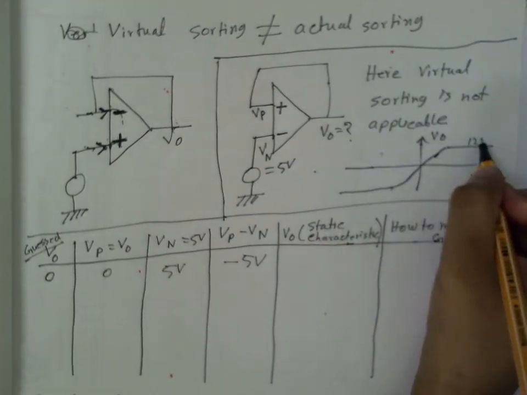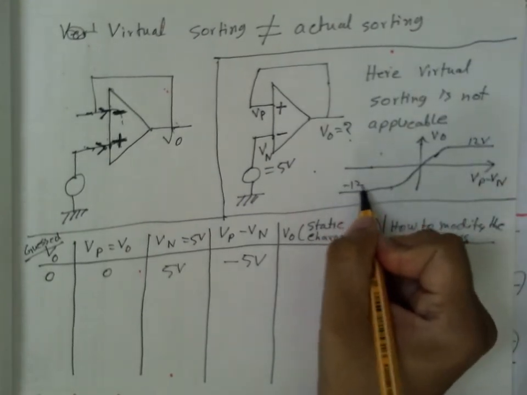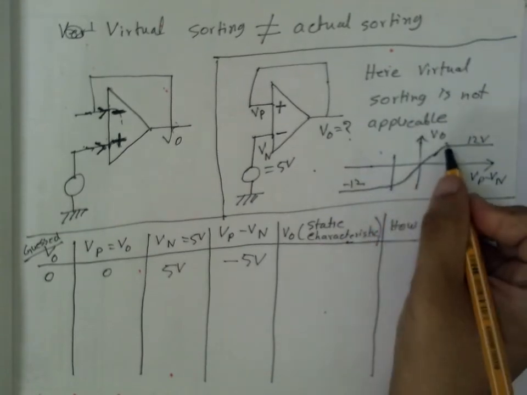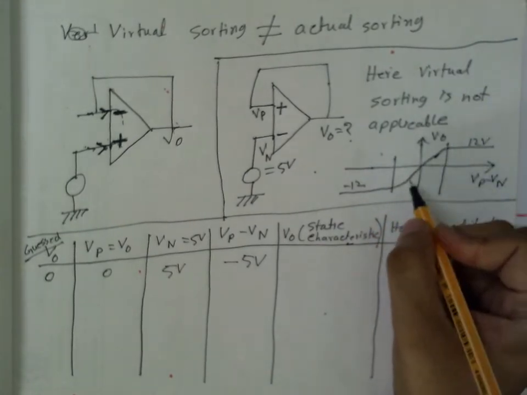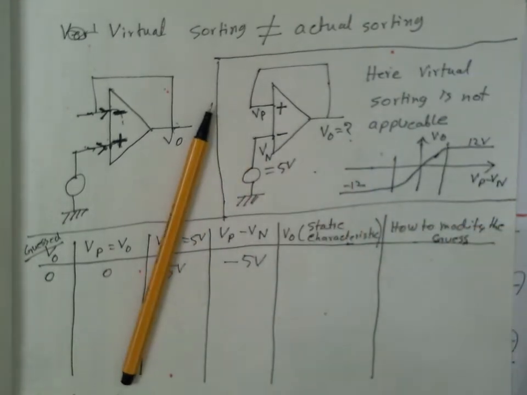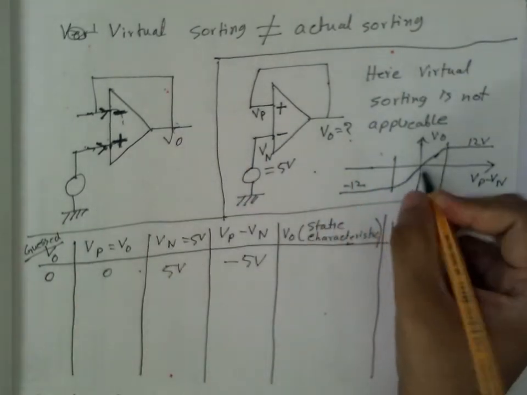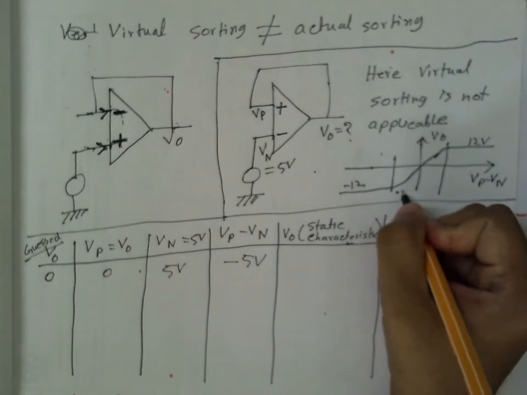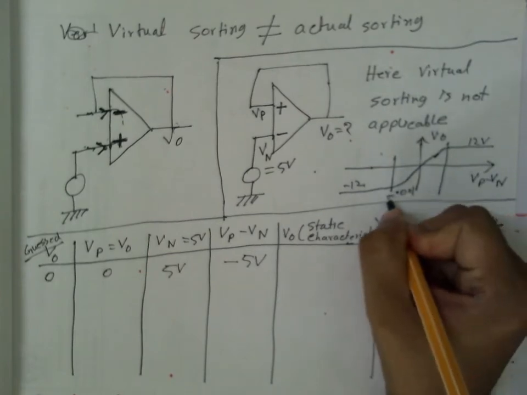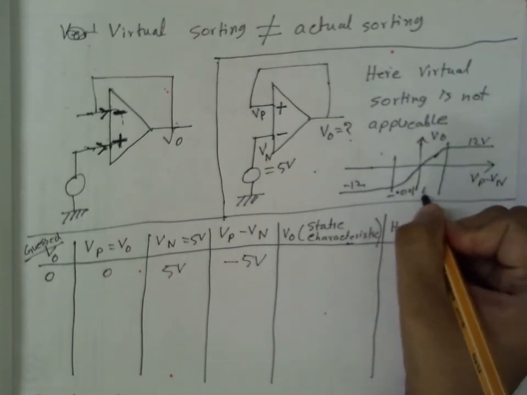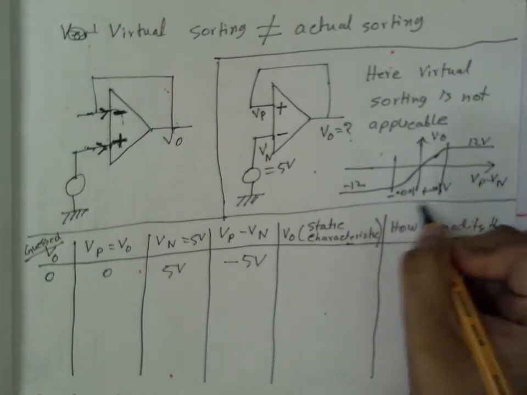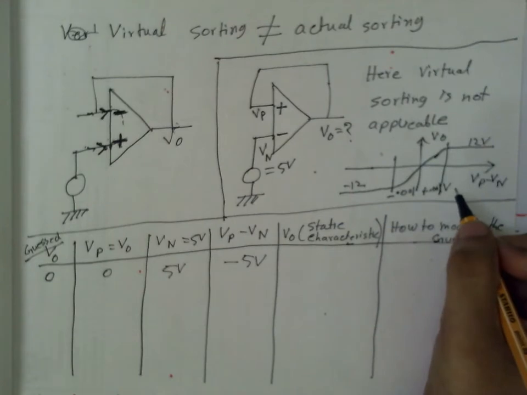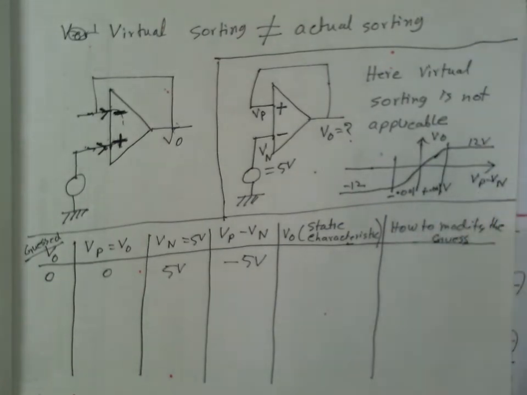Here 12 volt, here minus 12 volt, and this gap is very small. Let me take this gap as, say, something like 0.001, minus 0.0012 plus 0.001 volt. Okay, this gap is very small, right? So now,